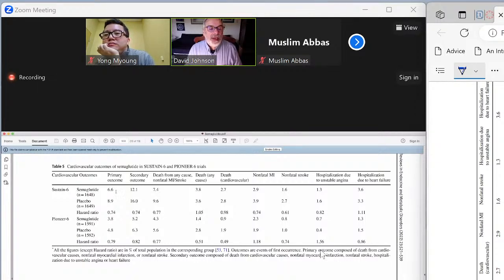So you can see here 6.6 is smaller than 8.9. 3.8 is smaller than 4.8. So it appears that this drug has a protective effect,